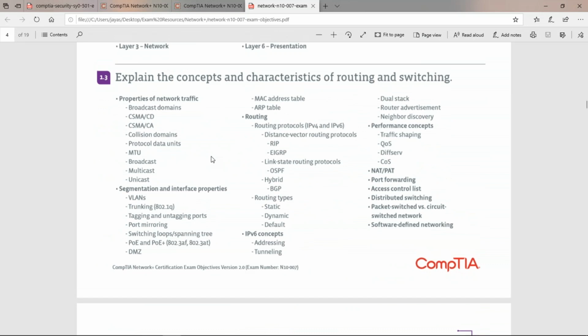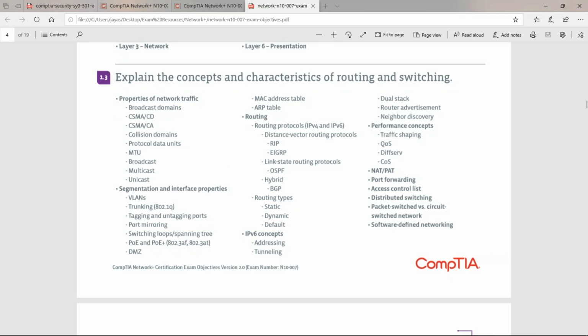All right, so 1.3. This is where you start to see new stuff. Well, actually, the OSI model is too. I think we talked a little bit about this last week. I remember going over routing protocols, link state versus distance vector. But there are a few other things I want to make sure everyone gets an understanding of, or at least starts to. Okay, broadcast domains versus